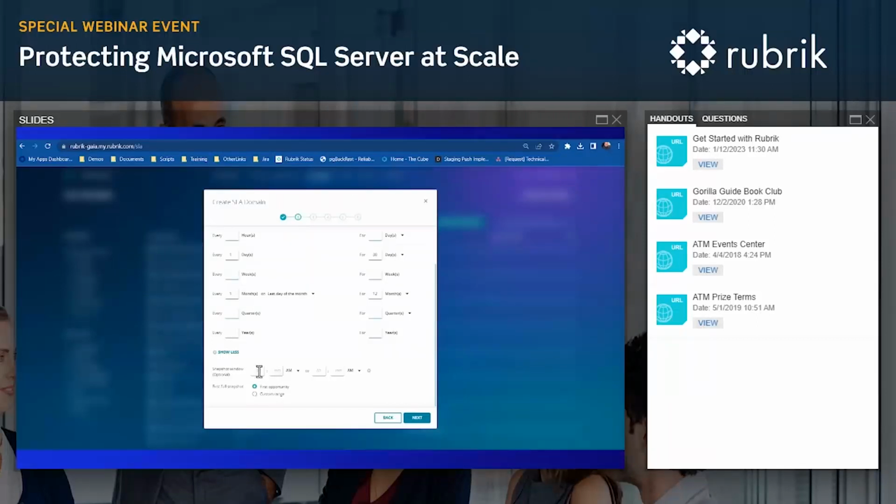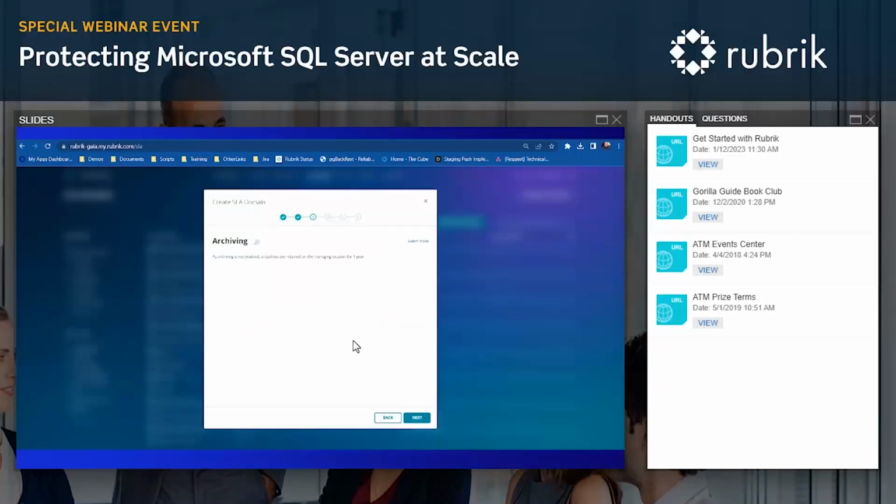Let's say I wanted to set it for 10 p.m. to 5 a.m. I only want to take my snapshots in that time frame. Rubrik will go ahead and set up for you at that point. If you decide not to use this, though, Rubrik's very good about knowing when to take a good backup. It has a lot of intelligence in the background to help with that as well.